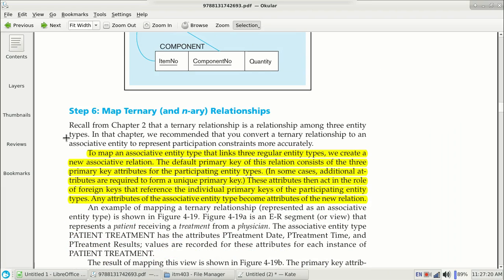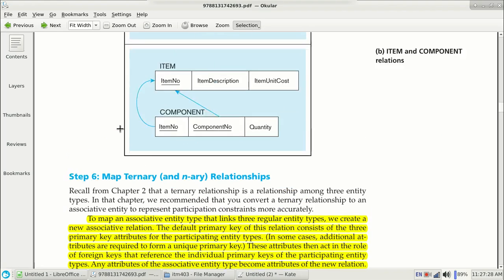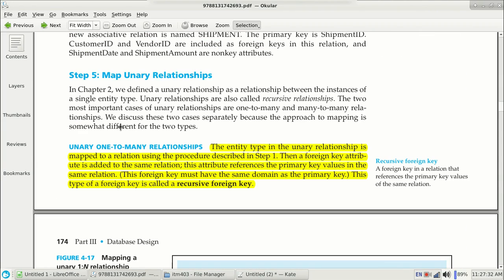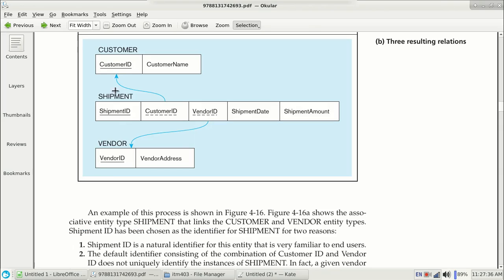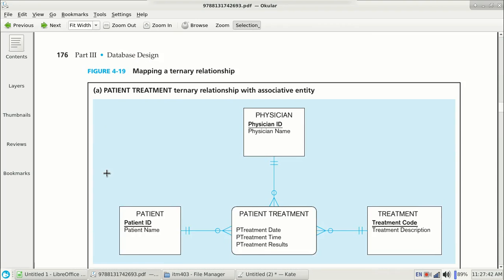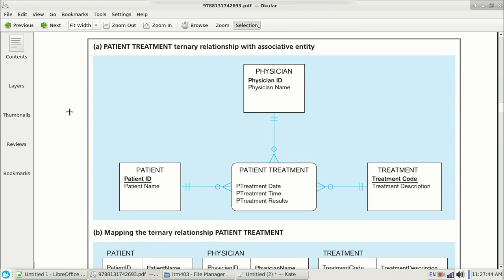Next is how we map n-ary relationship. This technique is similar to how we mapped the associative entity, in which we have a many-to-many relationship between two entities. So the rule is the same. Let's quickly go through the example. Now this is a case of